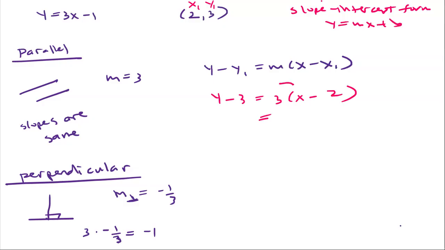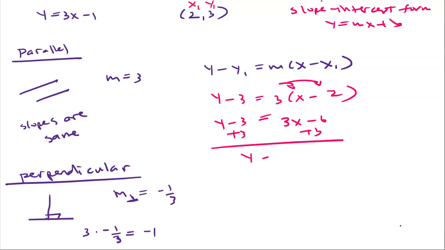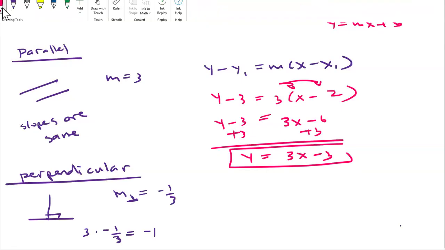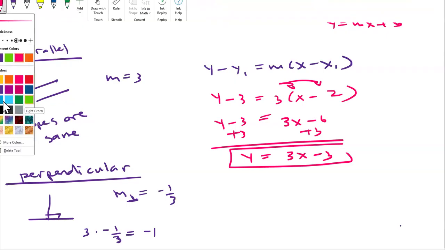So I distribute the 3. So that gives us 3x minus 6. And then I add 3 to both sides. So that gives us 3x minus 3. So this is the equation that's parallel to y equals 3x minus 1. All right. Now, if I were to do the other one, okay,